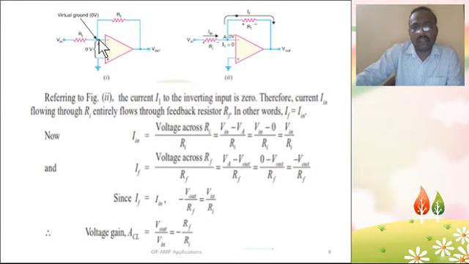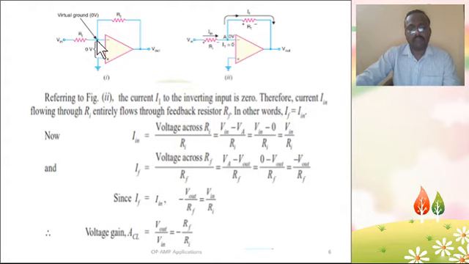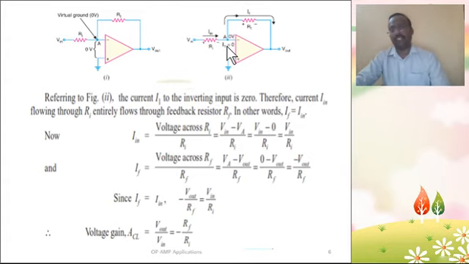At this point, the voltage is equal to 0 because the other point, that means the non-inverting input terminal, is also grounded. So the voltage across the two terminals is 0. Voltage at this point is equal to 0. This point is called virtual ground. At this condition, the feedback current is equal to the input current. The feedback current IF is equal to the input current, because the input current is 0 because of very high input impedance.